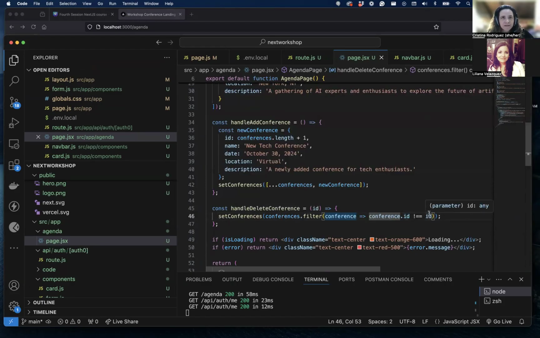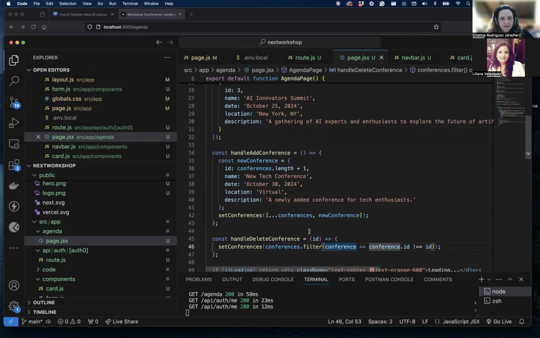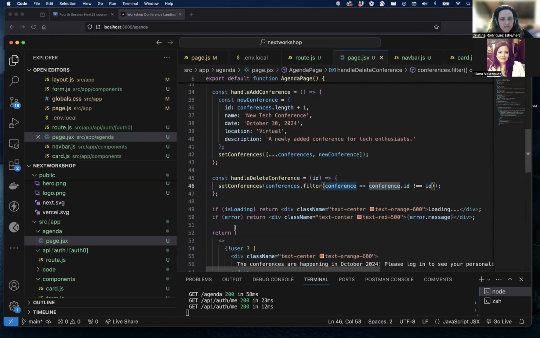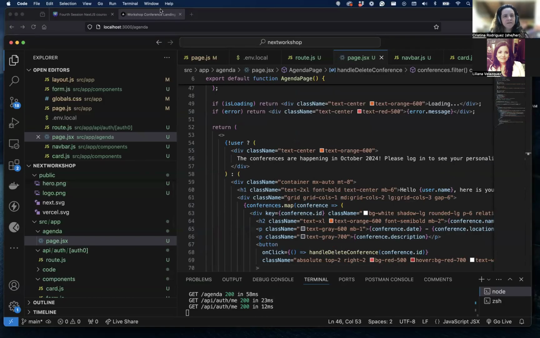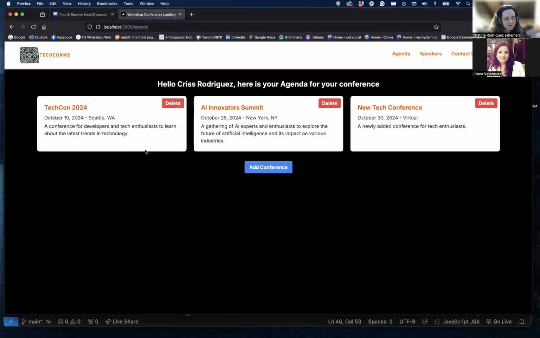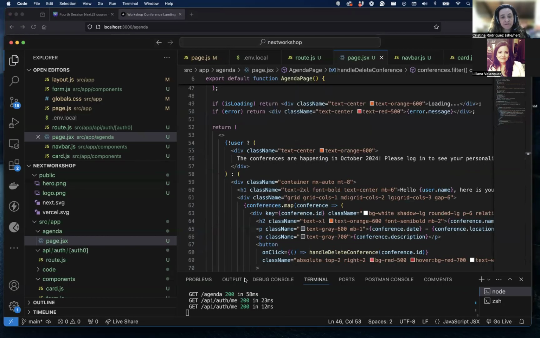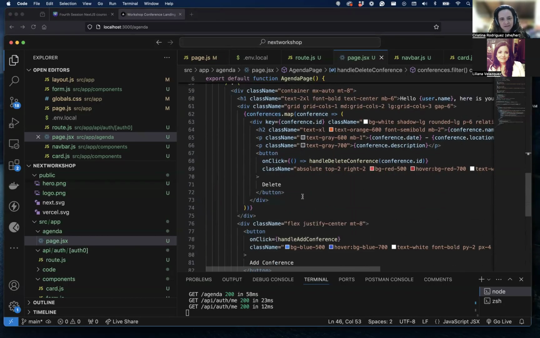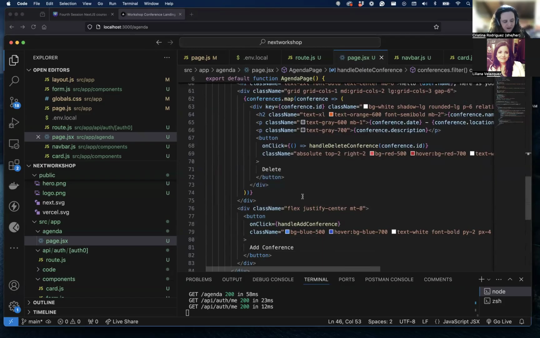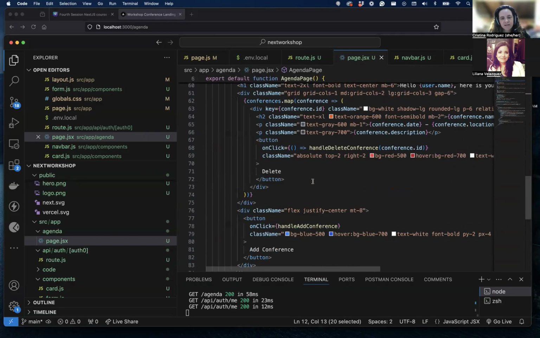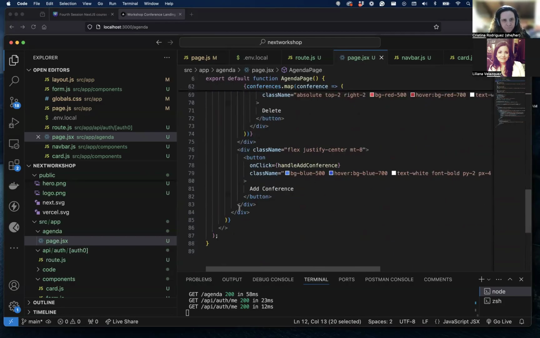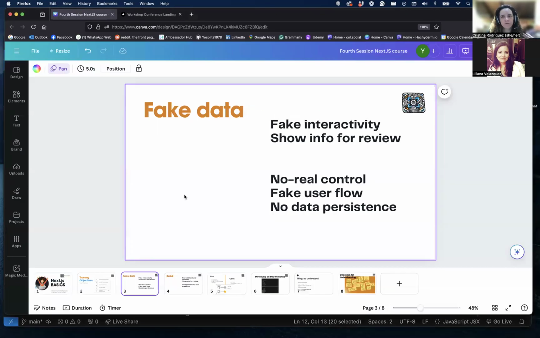So it doesn't show as the new object of the conference, because Next.js allows you to do this very quickly. But again, as soon as you refresh the page, you are not really hard coding this, you are simulating a JSON. Okay, so what we need to do now